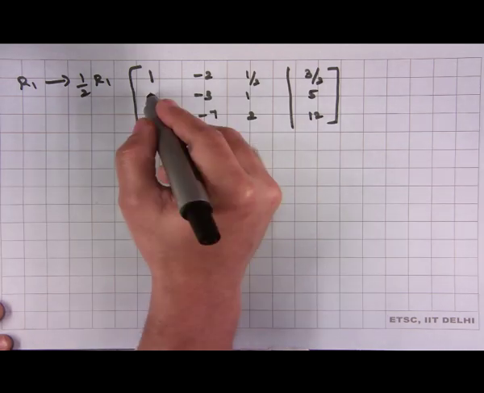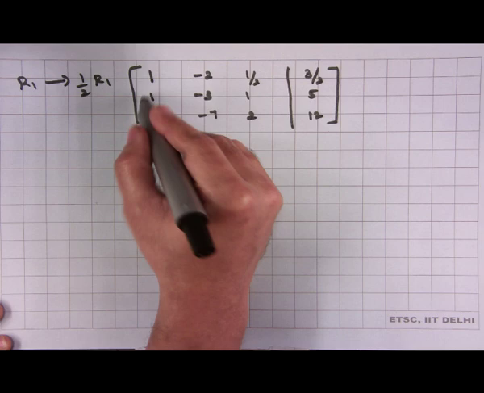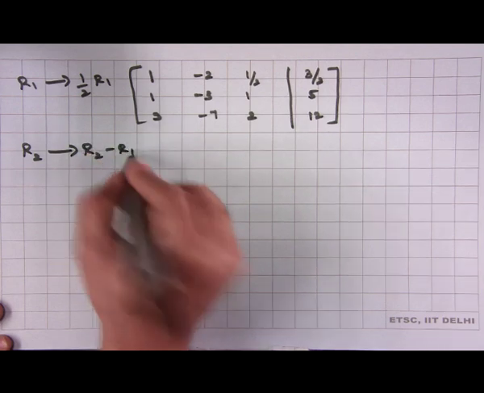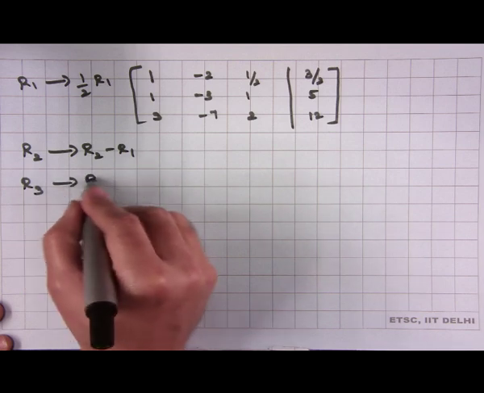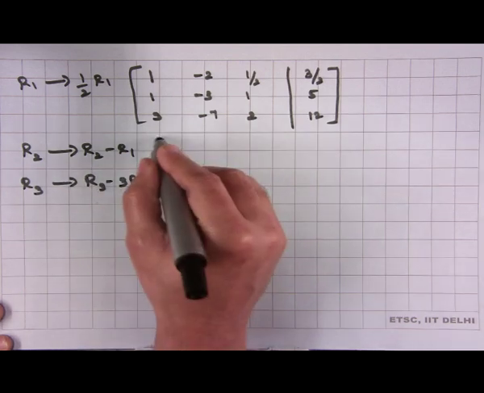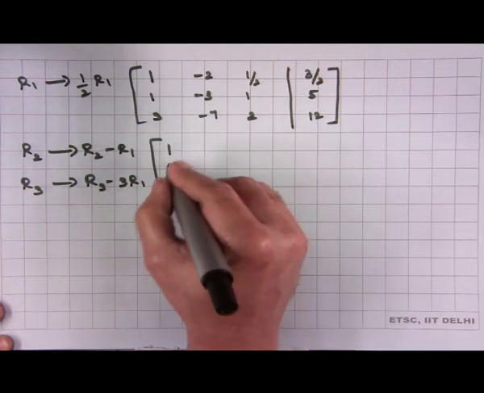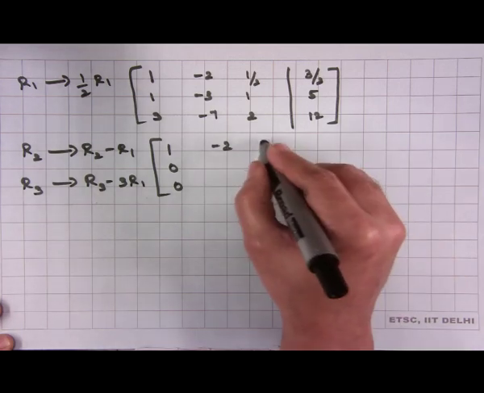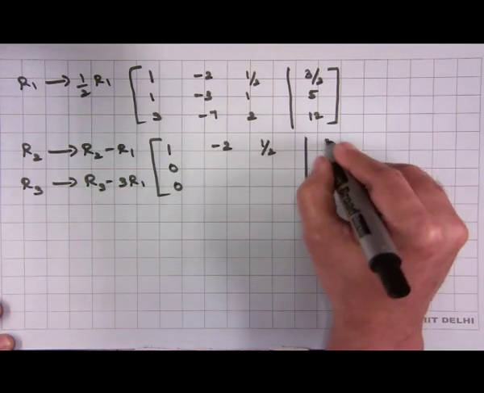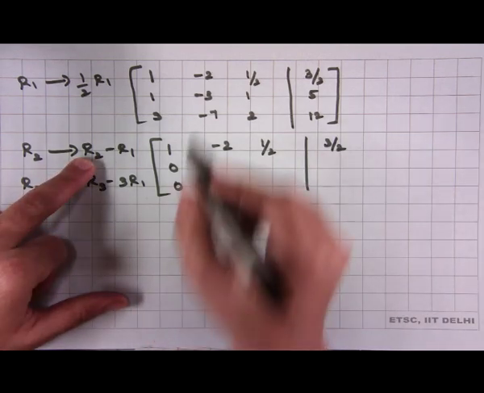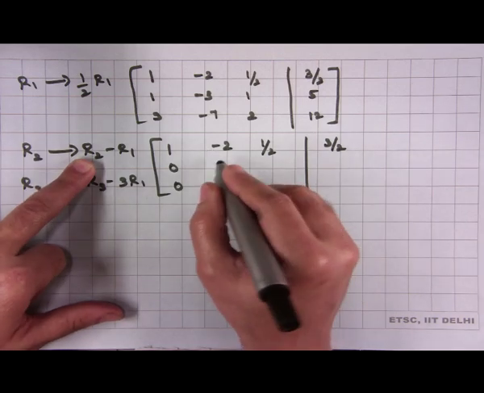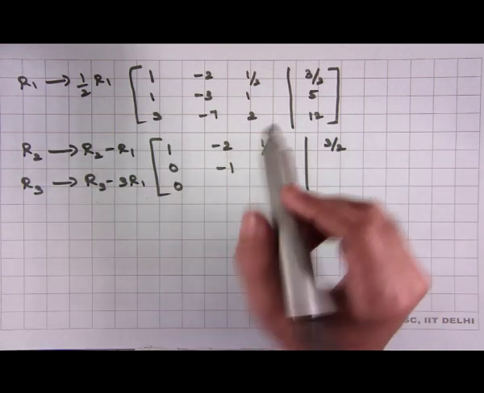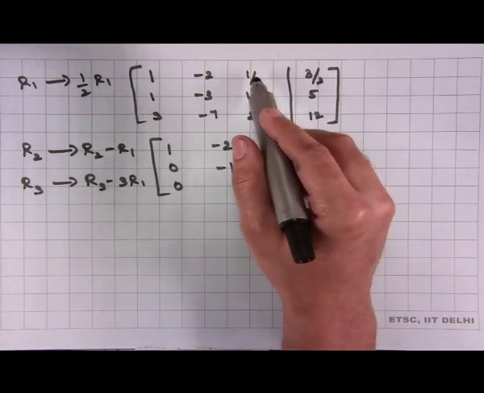and then I will have to make the other elements of the first column into 0. So, replace R 2 by R 2 minus R 1 and replace R 3 by R 3 minus 3 times R 1. I will have 1 0 0. Now, first column is untouched, first row is untouched. Similarly, I will have 3 by 2. For the second one, R 2 minus R 1. So, minus 3 minus minus 2. So, I will have minus 1,